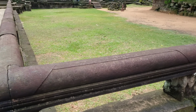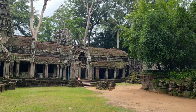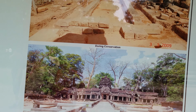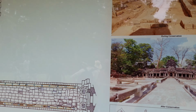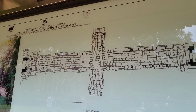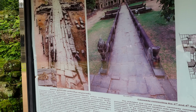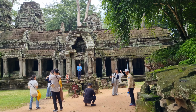Again, how do you start your visit? From down here. Before conservation and when the Indian Archaeological Survey finished, it looked like this, which is a lot different from what it used to be before and what it looks like now. That includes the pathway and the before and the after. And then we go in through this. We have to visit. We go around